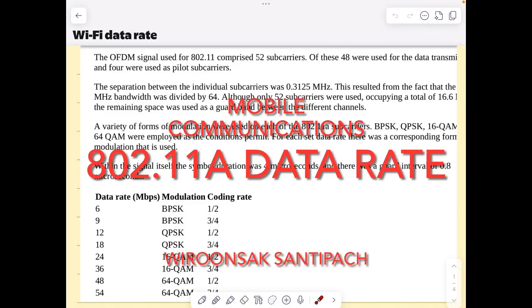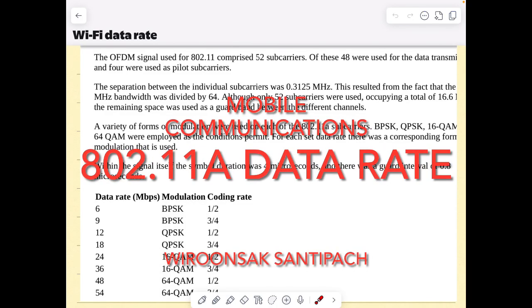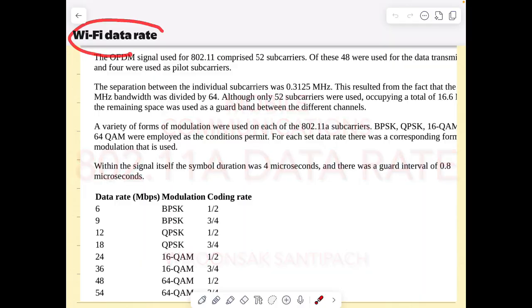Okay, so in this clip, we're going to go over Wi-Fi data rate. Especially, we are looking at the standard IEEE 802.11a. This is one of the earlier Wi-Fi standards. It consists of